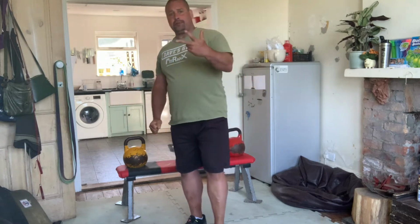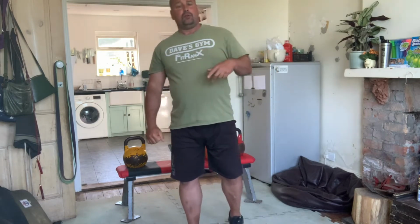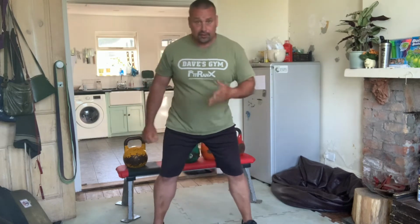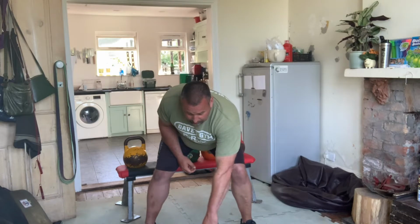So on this, we're going to be doing 4 sets of 5 reps, whereas in previous last week's routines, we were doing 3 sets of 5. So it's 4 sets of 5, so we get an equal amount of work done on each side. This time grabbing with the left hand,